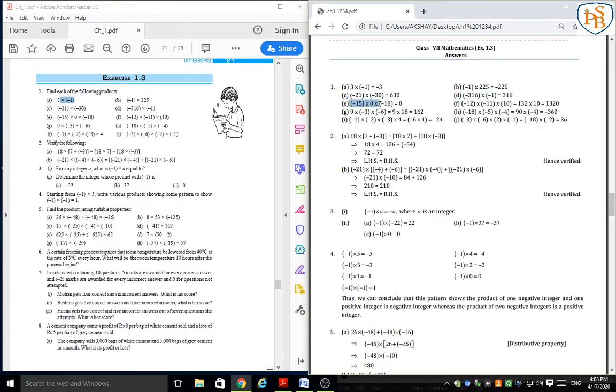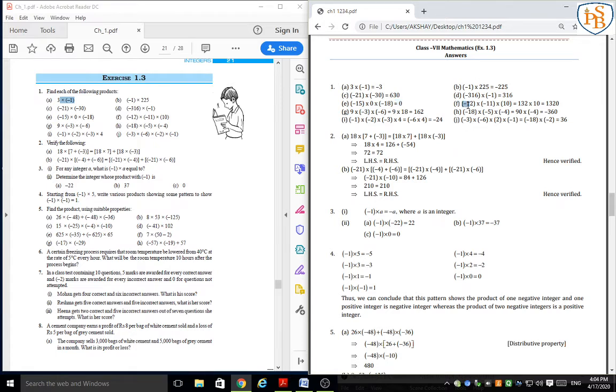Negative 15 into 0 into negative 18, this is very important. While solving this example in an examination, we should first be alert while solving a problem. We can see that here there are 15 and 18, but we can also see that there is a 0, and by using the zero property, I know that if I multiply any integer with 0, my answer will always be 0. So I can write directly 0, and 0 doesn't have any positive or negative sign.